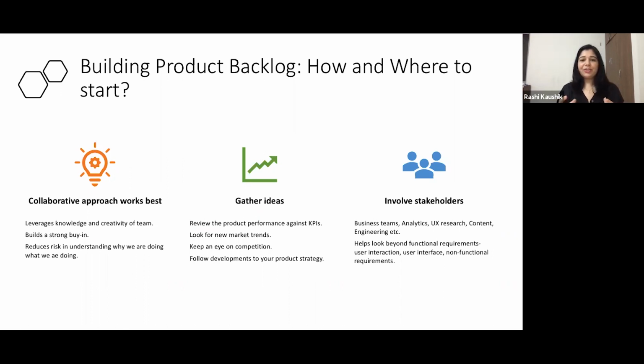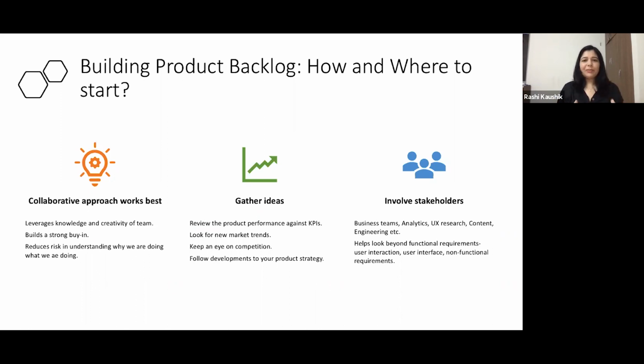So are there any changes to the product strategy? And if so, what are the consequences on your product? Now, while you're reviewing everything that's happening around, don't forget to trust your data and your intuition. Always remember that nobody knows your product better than you. And just because somebody else or everybody else out there is doing machine learning doesn't mean you also have to do it. So see what works best for the product and make the judgment based on that.